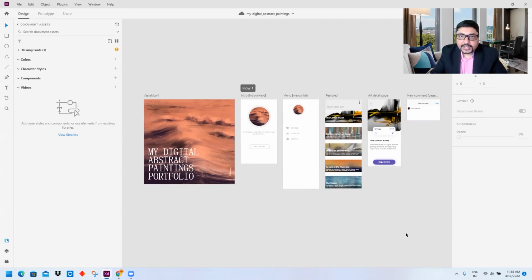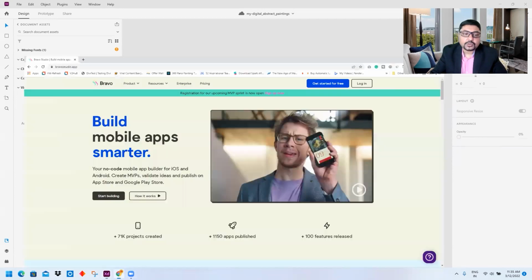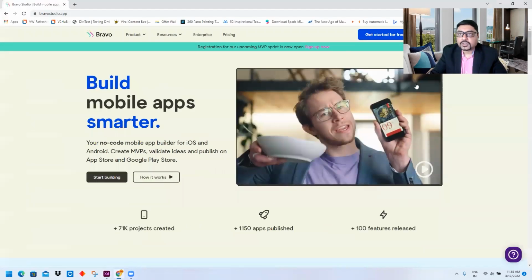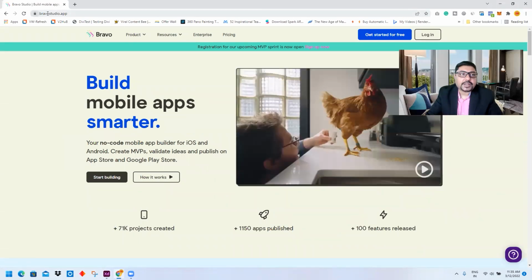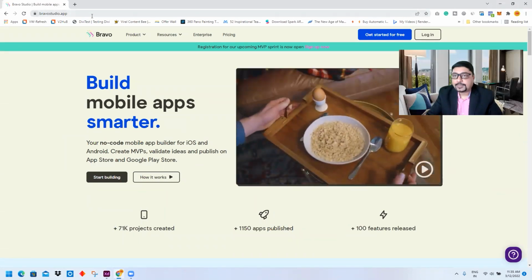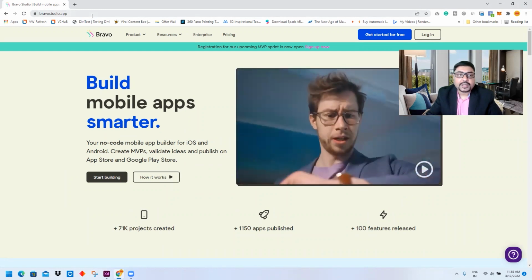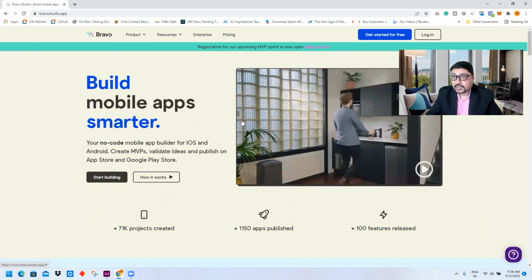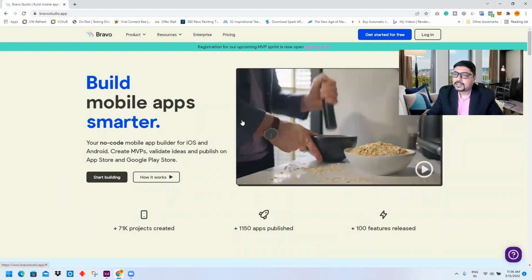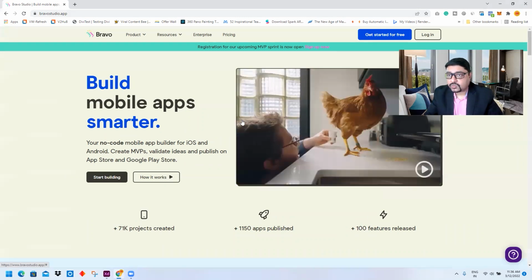So before we do anything over here, let us hop back to Bravo Studio. So this is bravostudio.app, where you can build mobile apps smarter. That is what they claim, and really, their claim is quite justified.